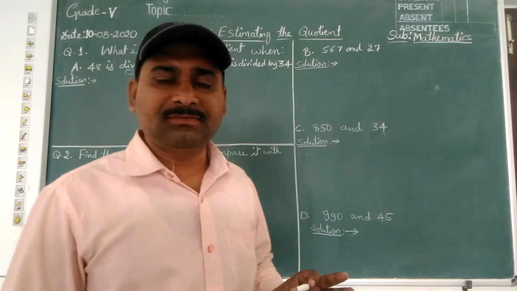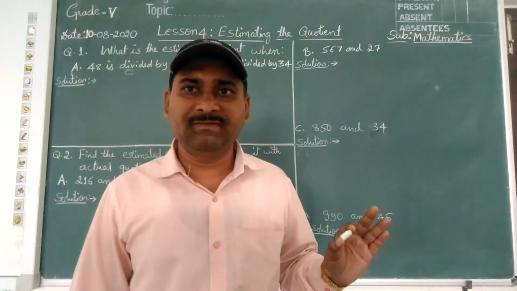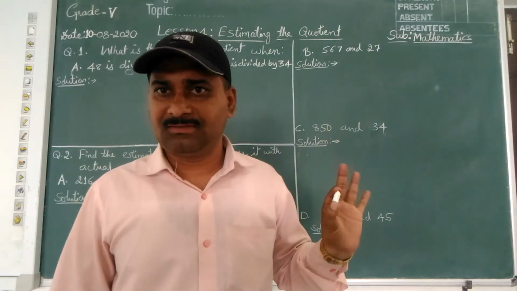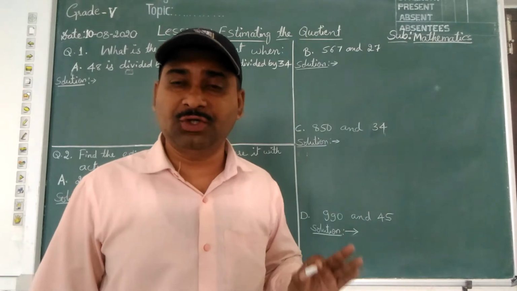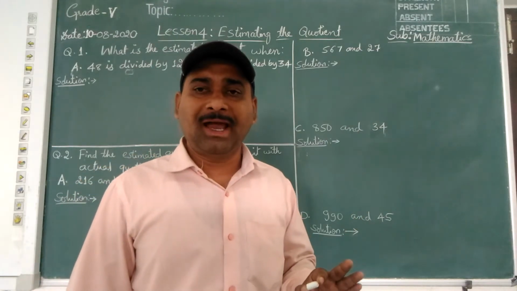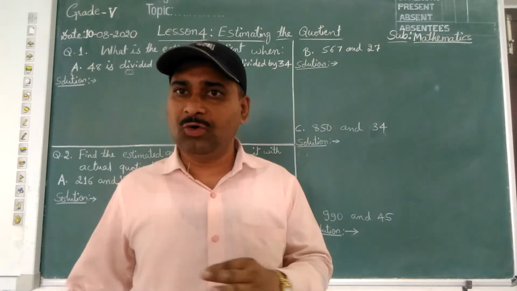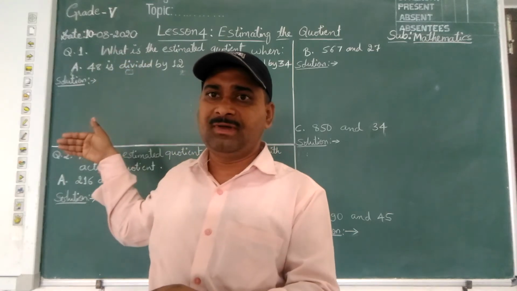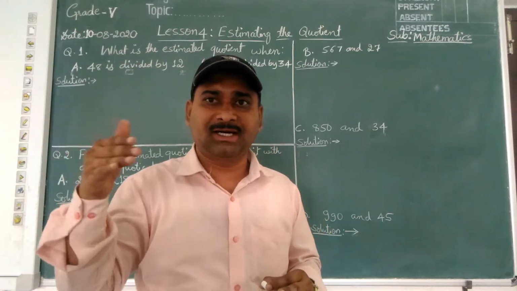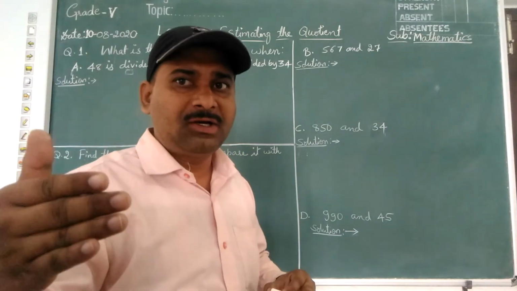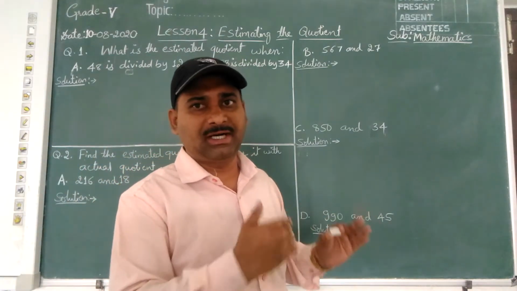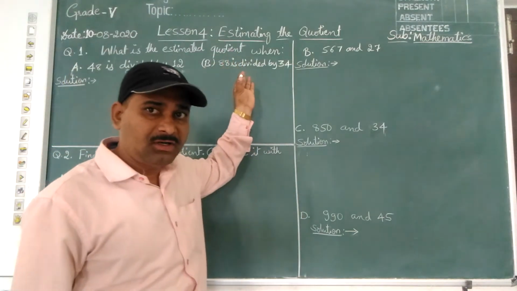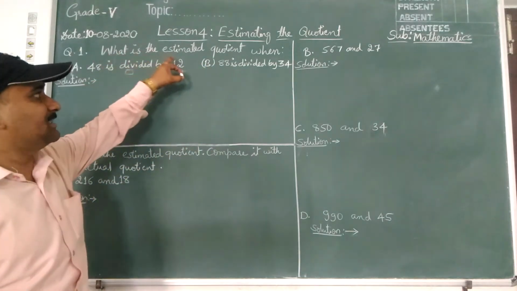So the reason why, children, I have planned to give you the solutions of lesson 4, not to copy blindly. I am not giving this only to copy in your notebook. You should know how it is to be done and cross-check your steps, not only the answer which comes at the end. You should see from the beginning, step by step, whether whatever you have done is correct or not. If you have not done it correctly, observe carefully and do it again. Understood? This is your practice questions of lesson number 4, and the first question is, what is the estimated quotient?